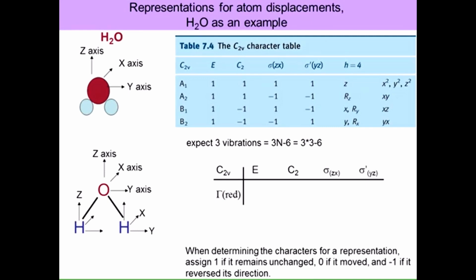Okay, so now with respect to the symmetry elements, we will operate on the molecule, and there is a rule: if the atom is going to move during the operation, then it will be 0, right? And if only the direction is going to be changed, then we will take -1. And if it is going to remain unchanged, then we will consider it as 1 for every axis. Okay, for the calculation of the reducible representation,